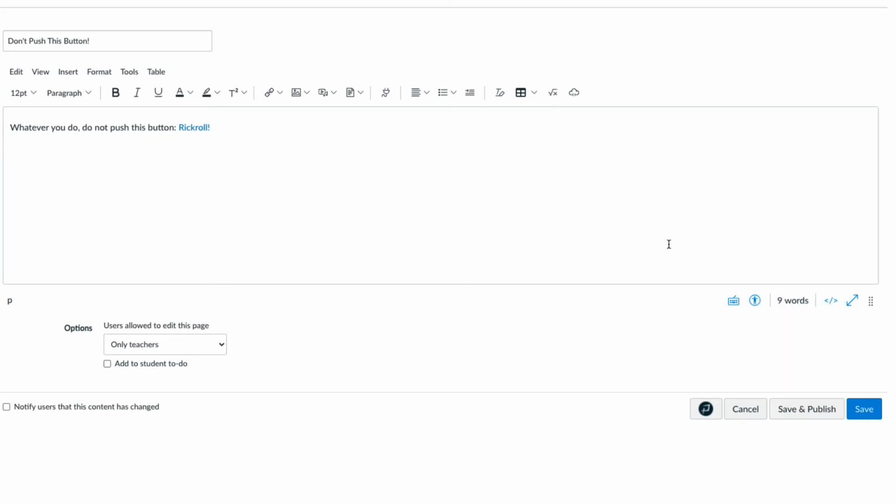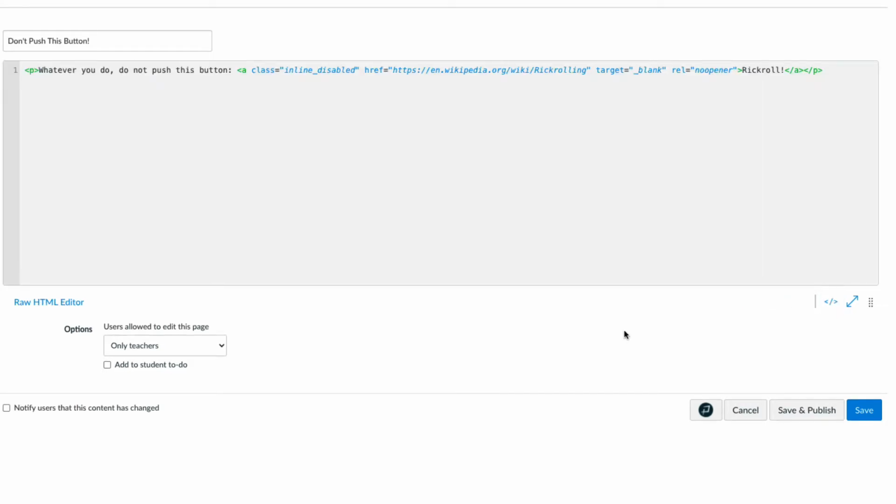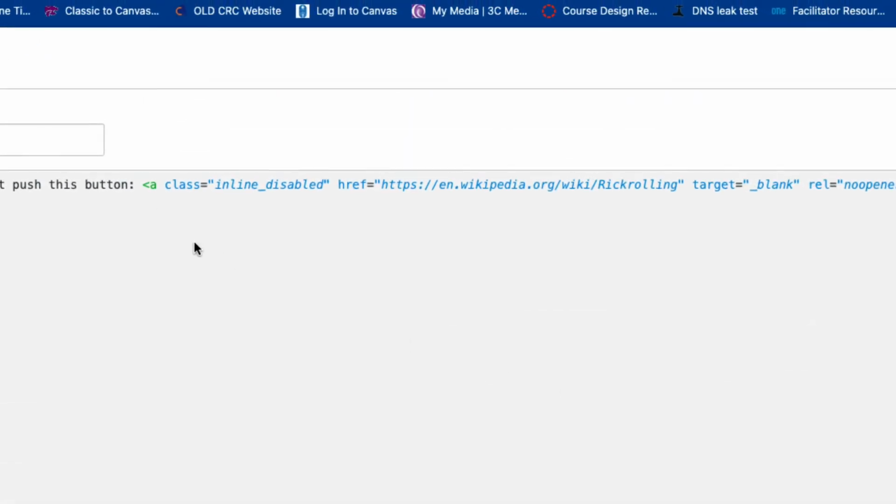So to do that, I go into the HTML or code view of the Rich Content Editor. The element that I want to change is the hyperlink, and that uses the A tag. And the attribute that I want to change is the class. Now there's already a class attribute here, so I'm going to add an additional one, and do that by typing a comma at the end. Notice that the comma is before the quotation marks that close the value for the class attribute. After that comma, I type a space and the word button with a capital B.